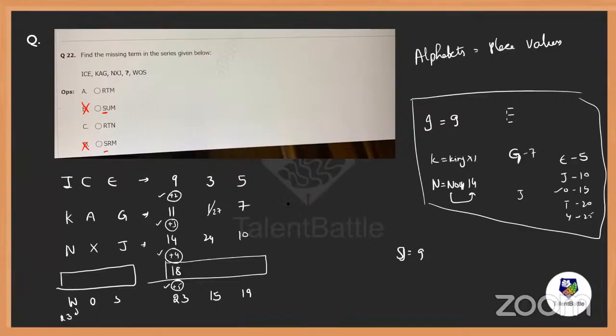Everybody, can I say that? 1 can also be 27, because A, B, C, and so on, Z. When Z is 26, A is 1. When A is 1, Z is 0. When Z is 26, A can be 27 also, because 26 and 27. So 27 minus 3 is 24.